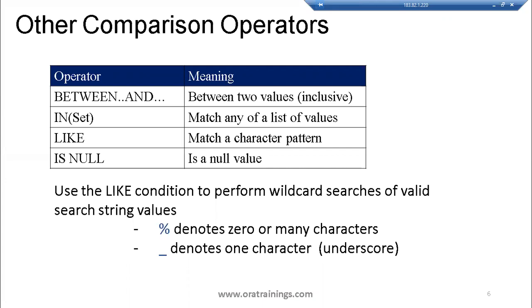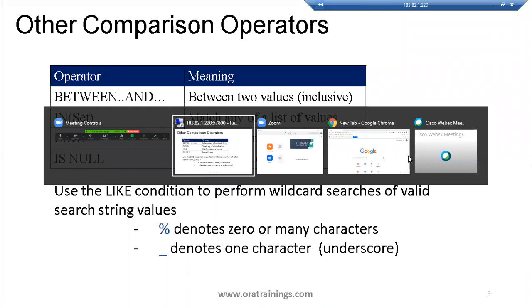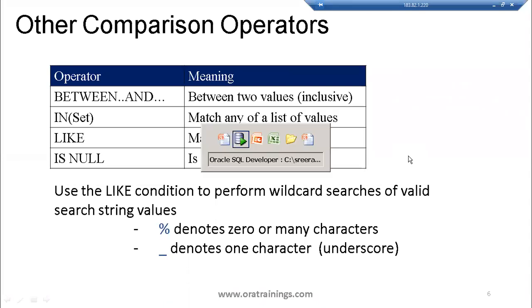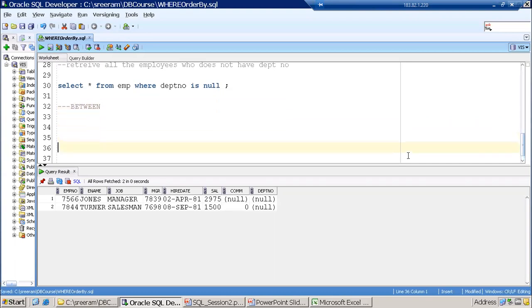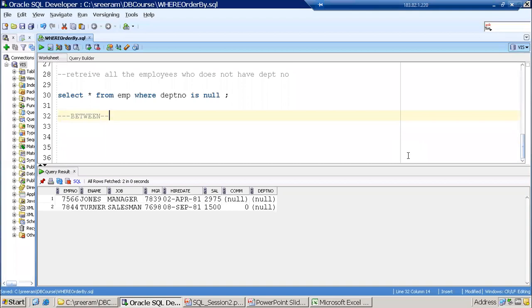So let us start with between. Now, how do we use between? Let us say I want to retrieve all the employees whose employee number starts with 7,000 and ends with 7,500.